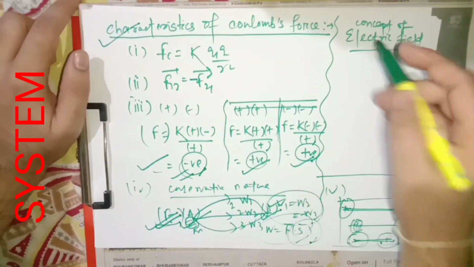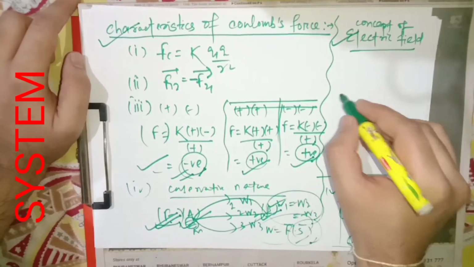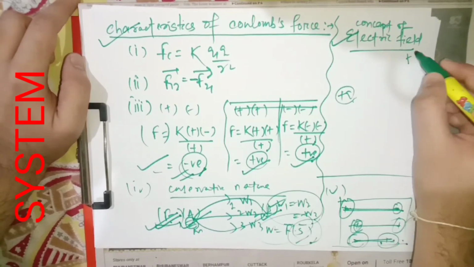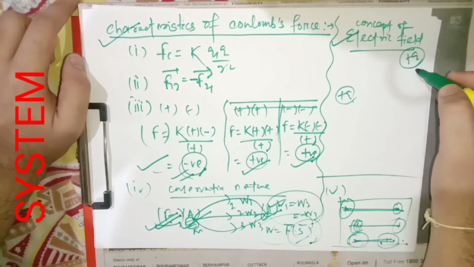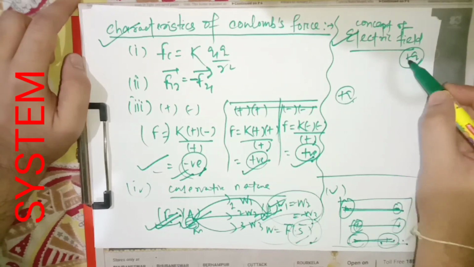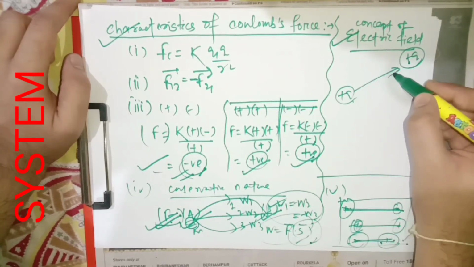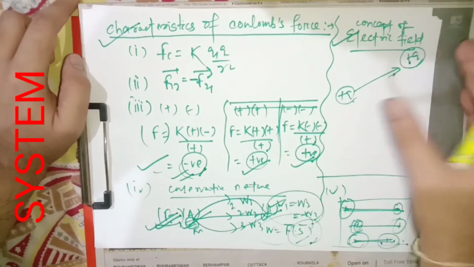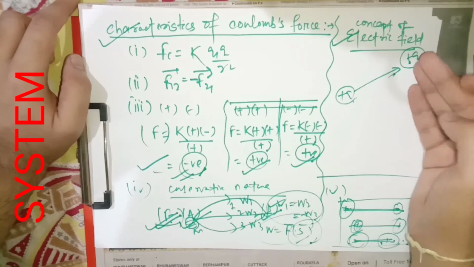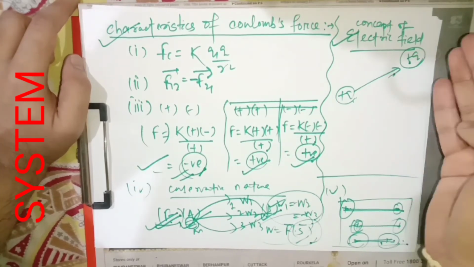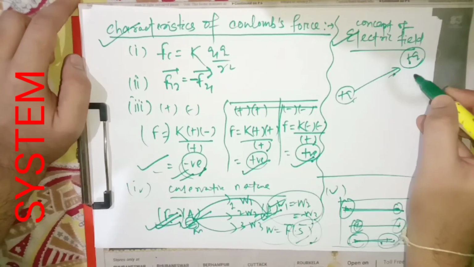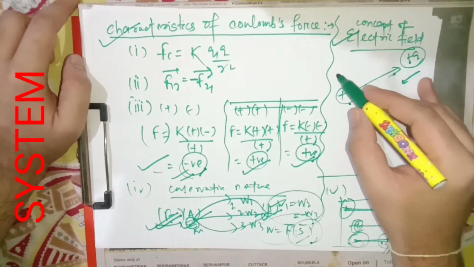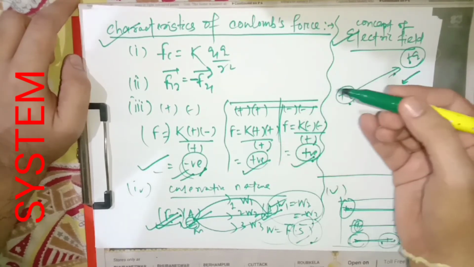Then if we discuss the concept of electric field, let a charge q be there. If I place another charge plus q, or a very small minute charge, that is a test charge, then at this distance it may not experience a force, whether repulsive or attractive. Here both the charges are of equal sign, so if a force is experienced, it will always be repulsive. If we take it closer to plus q, then it starts experiencing a repulsive force.